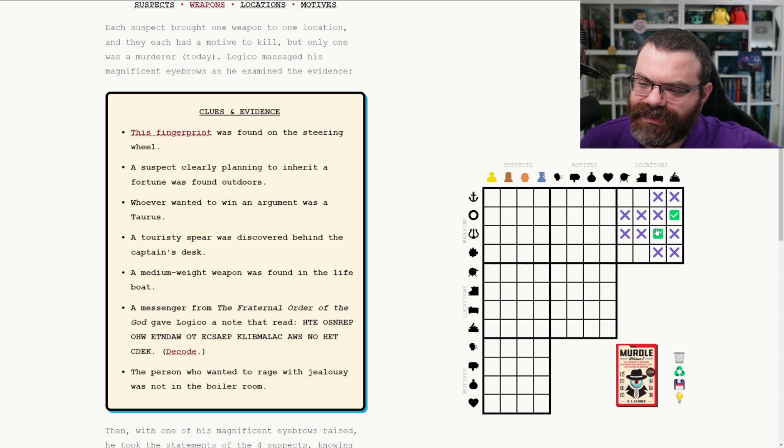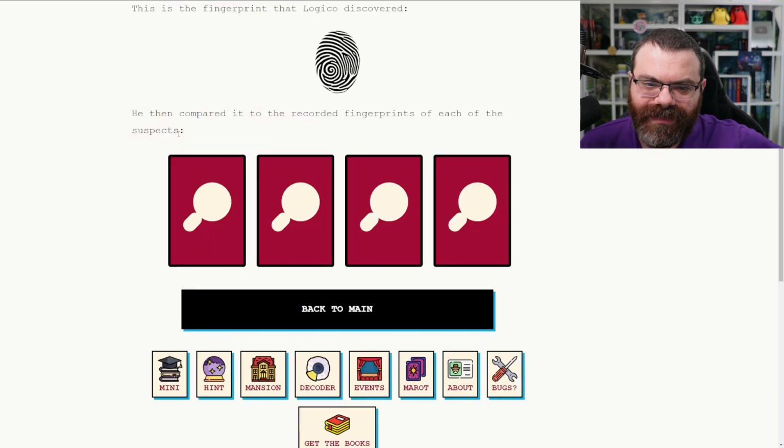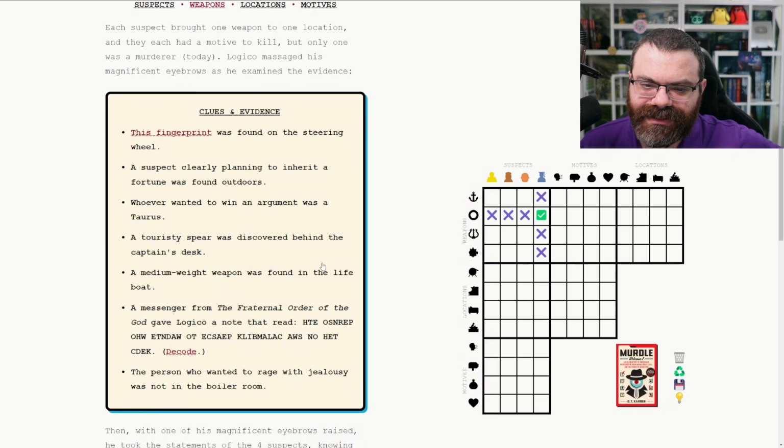I thought we were supposed to deduce more about where the steering wheel would be, which would be the deck. But the steering wheel was the weapon, and so it could be anywhere. So we know that Dean Glaucius used the steering wheel. That's what we know about that. Inherit a fortune was outdoors. So the inherit a fortune motive